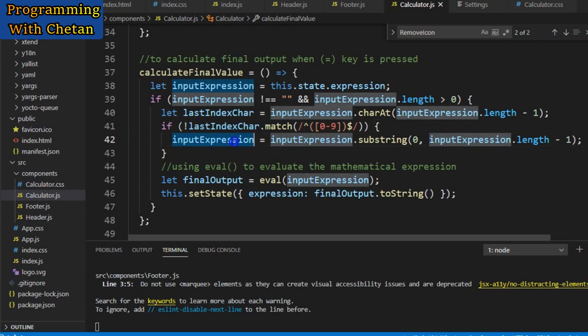And after calculating the value of our final expression, I am using an evaluate function which is provided in JavaScript to evaluate any mathematical expression. So I am getting an expression and I am evaluating it, and I am getting the final output, and finally I am updating my expression field with the calculated final output.